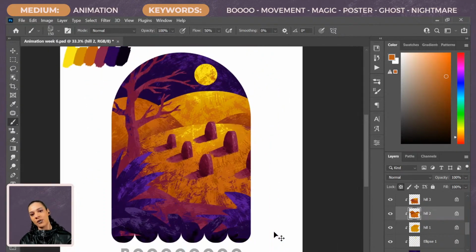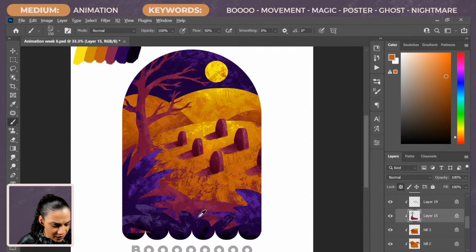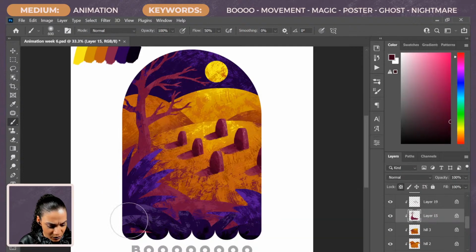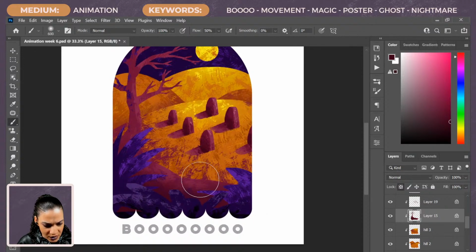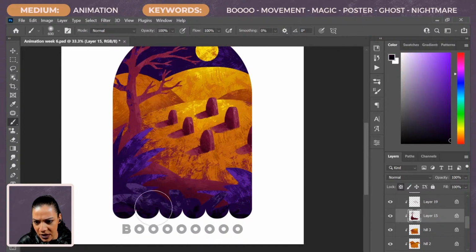Okay, cool. So we've got more differentiation between the different pieces of hills there. I am also going to grab this dark color and my brush here, and make this a little darker down here. Especially, let me turn the flow up, make this dark right here, because I would like for that not to show right there.